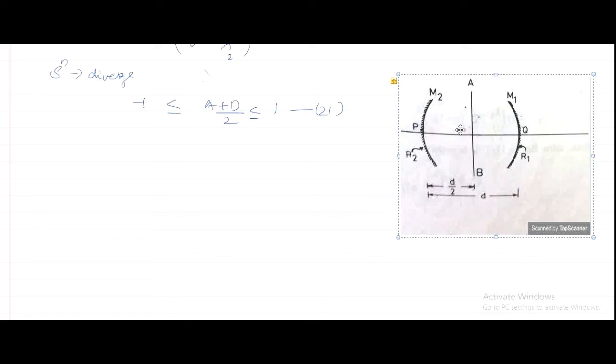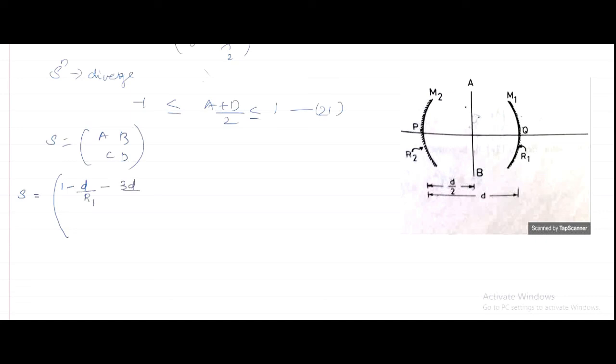For a ray starting from the plane AB, the system matrix for one complete round trip would be S equals A, B, C, D. That is, it can be written as S equals